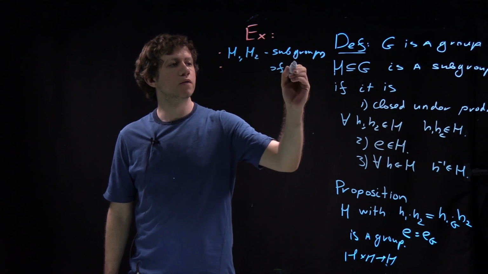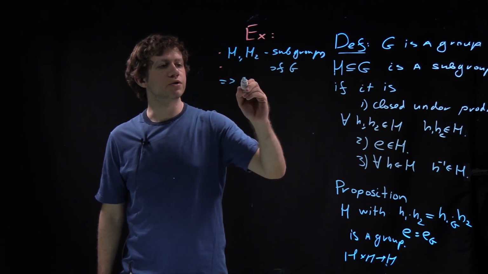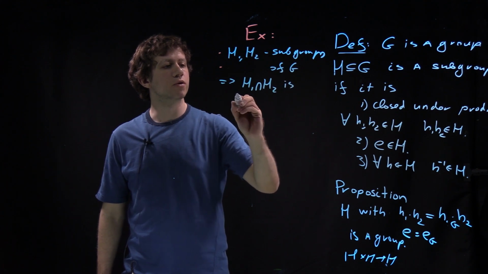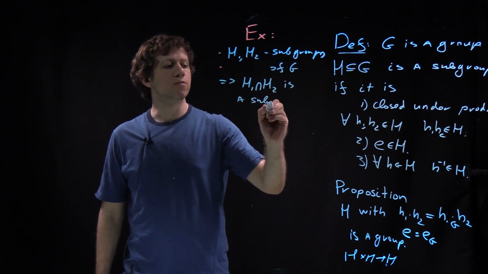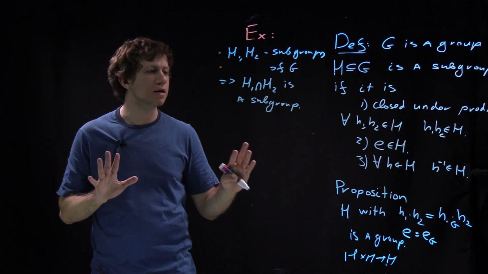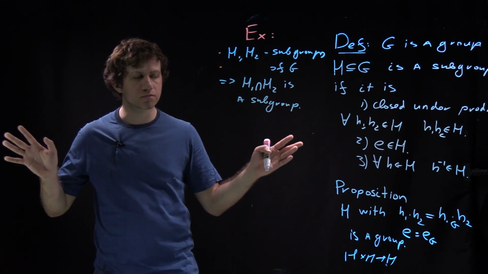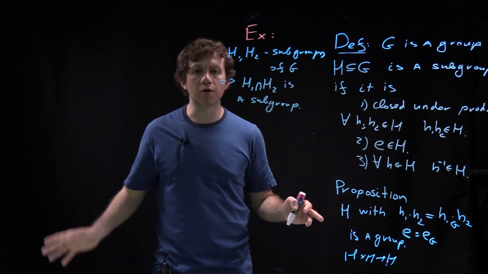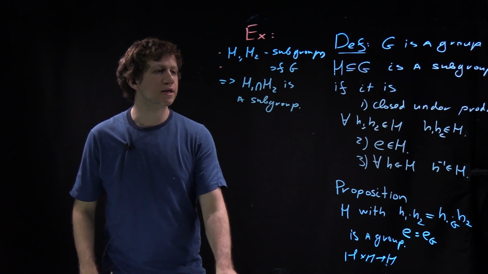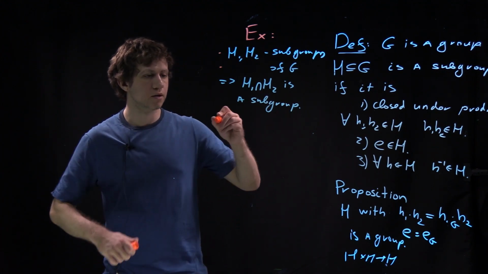If H1, H2 are subgroups of G, then their intersection is a subgroup. Actually, more is true: if you intersect any number of subgroups, maybe finitely many, maybe uncountably many, doesn't matter, you will still get a subgroup. That's one exercise, and another maybe,